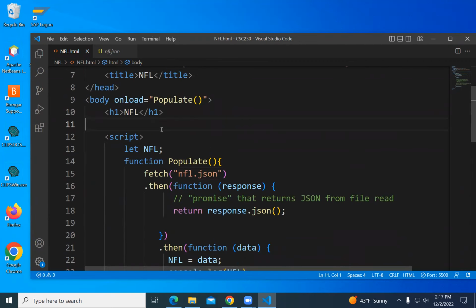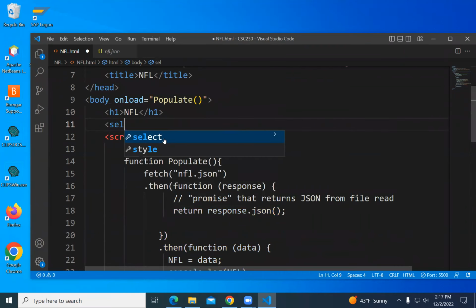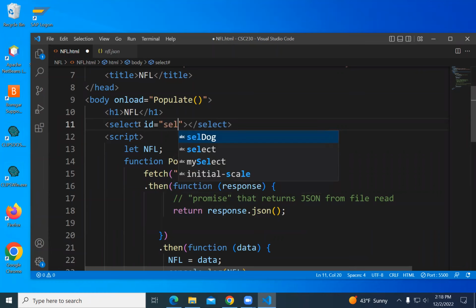Okay, so let's make 3 selects. Select ID sel division. My fingers are not doing what I'm saying.